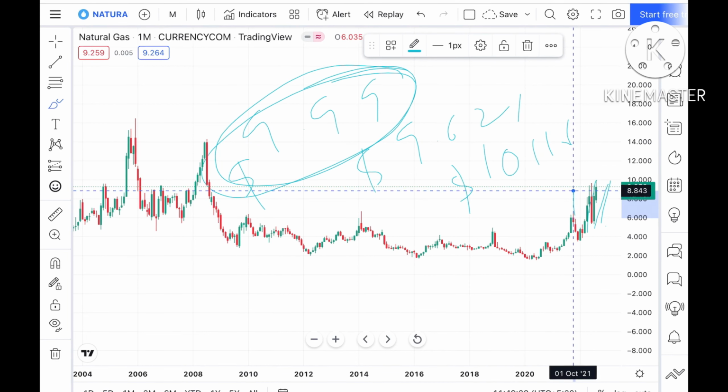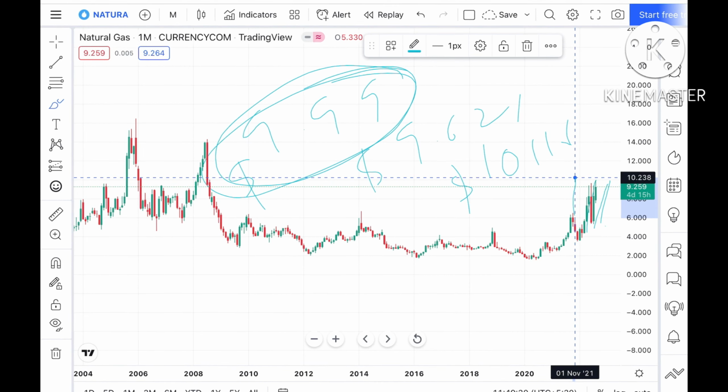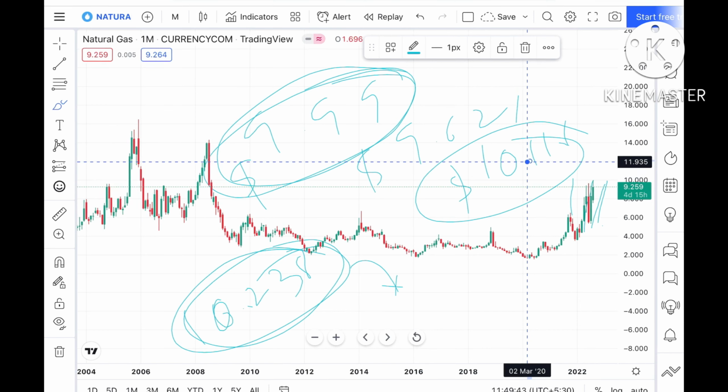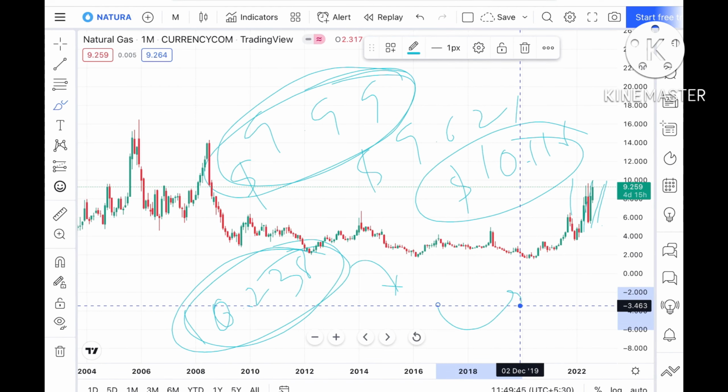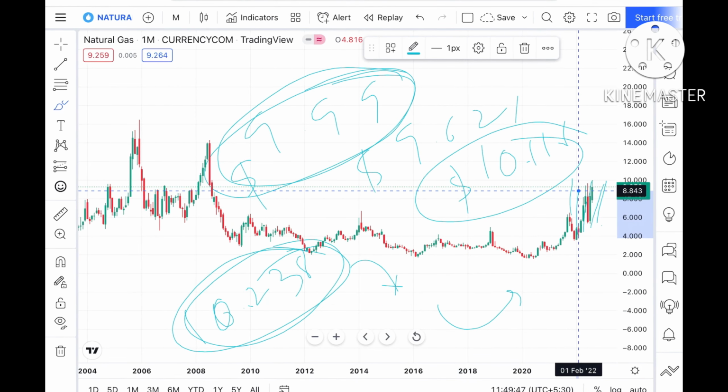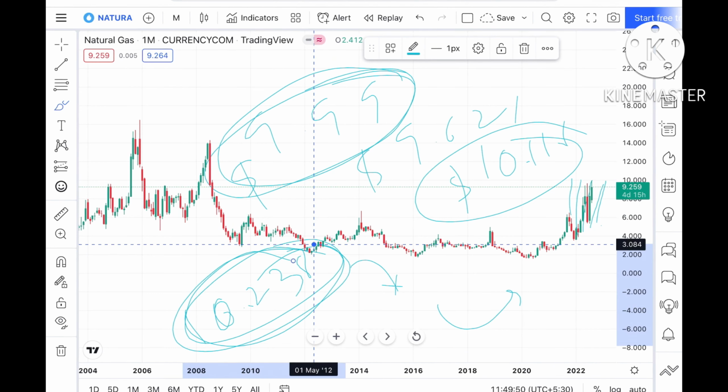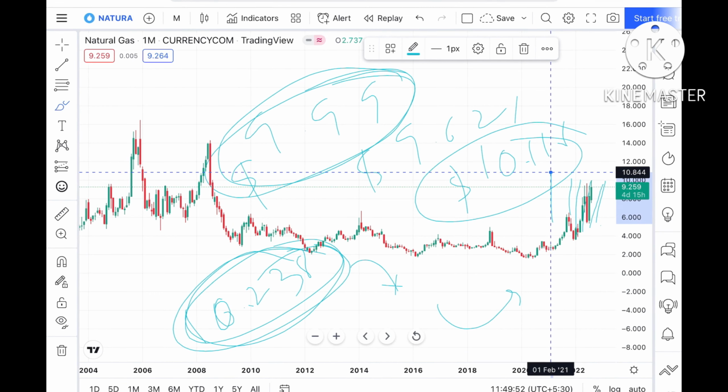Suppose the price goes above that level and sustains, we can see a level of $10.238. Okay, so once the price goes above this, and this resistance has not been tested here, we can see a bounce back at this level, but a support we can see coming at around 10.11. Okay, so we can see a bounce back towards the upside. Suppose this particular level goes upside, then we can see it cross this level and go further high towards a level of